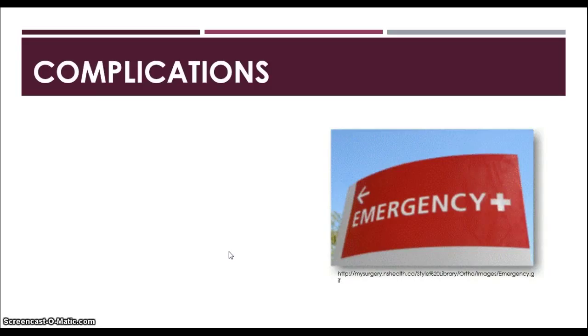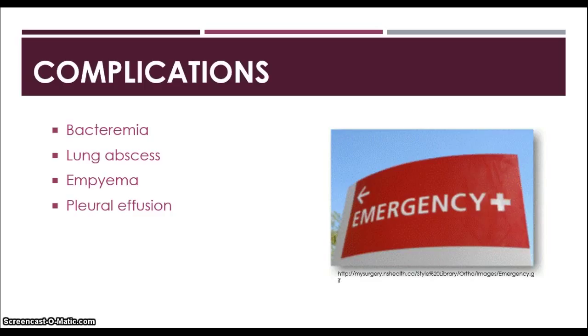The complications: pneumonia is very dangerous, not mainly for the disease itself, but for its complications. They are different, and they can affect only the lung or the whole body. One is bacteremia. If the bacteria or the microorganism that causes infection moves to your blood, it can infect any other organ, which is very dangerous. Another is lung abscess due to the inflammatory response and accumulation of blood and fluids. Or it can be empyema, which is accumulation of pus in your lung tissue. It can be pleural effusion.